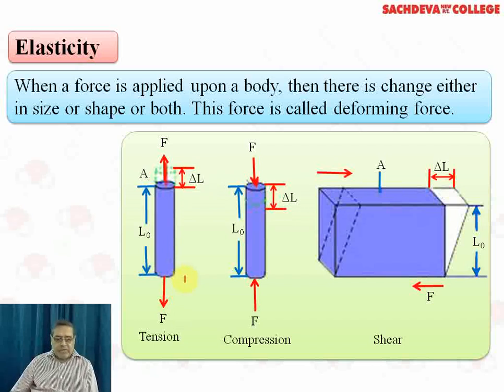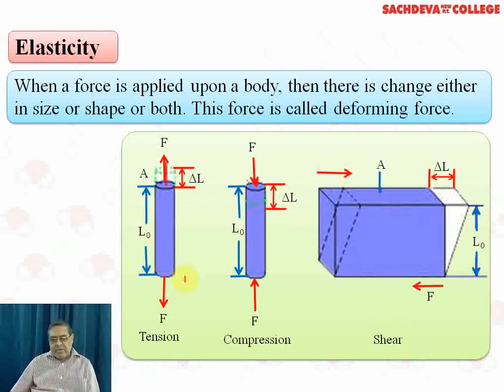So it means that when the downward force is applied, there is a slight change in the length. Then in the second figure, originally forces are applied, that is, when both forces at the top and bottom are the same and in the opposite direction, we are finding that again there is compression, that is, the wire is slightly compressed. So it means that again a change in shape takes place, and in the third figure, that is called shearing,